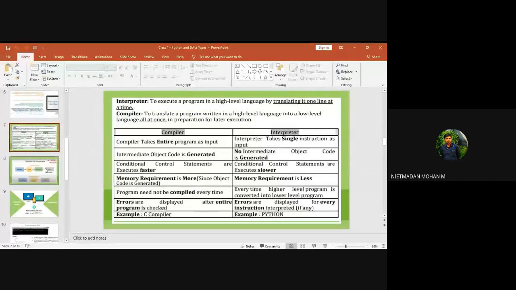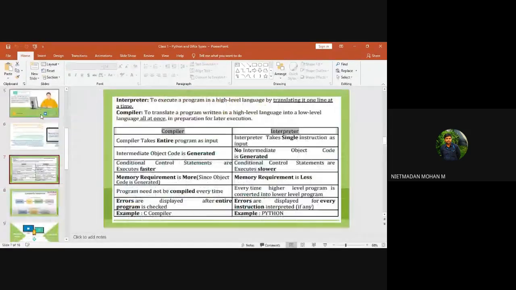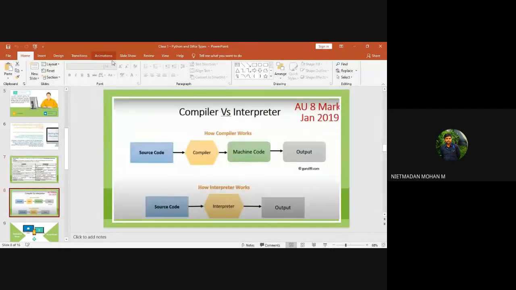So the simple thing is, you just keep this in mind. This and all, you know, is not required. In the interpreter and compiler, the general thing is to keep this in mind. If you are writing code in a compiler-oriented language, that means C and C++, and you write 10 lines of code, it will take that source code and compile it into machine code and produce the output.